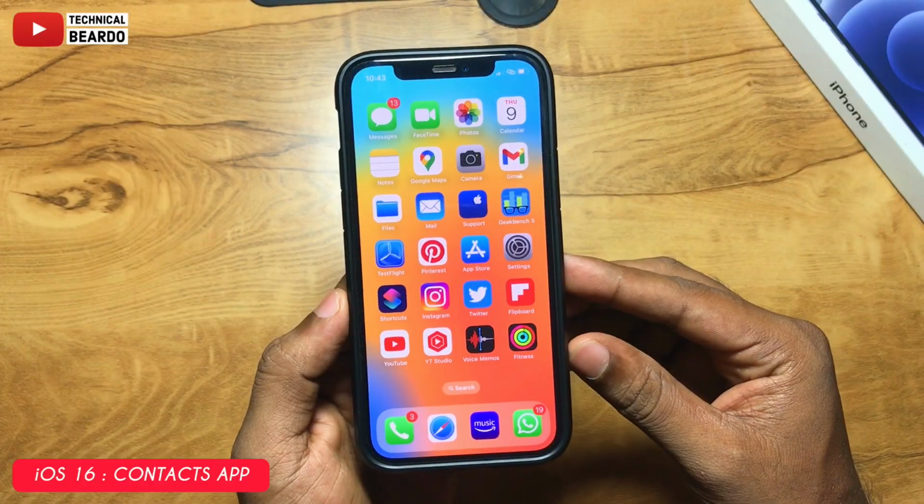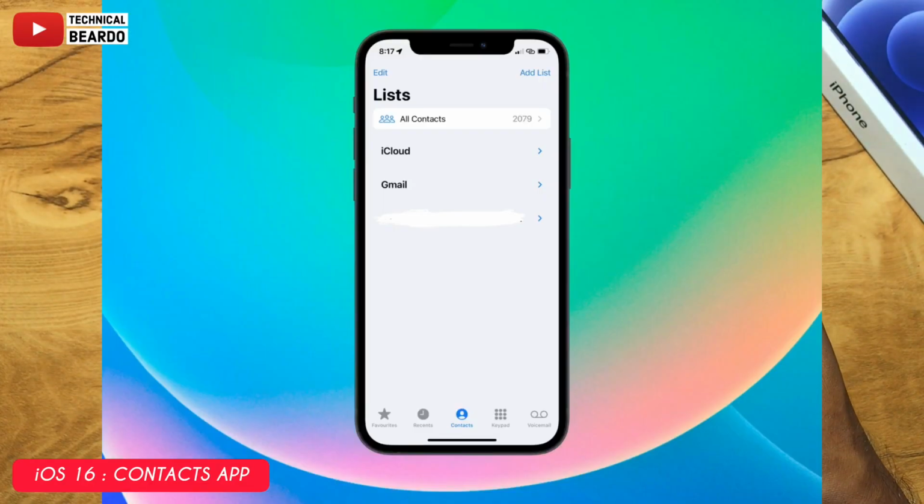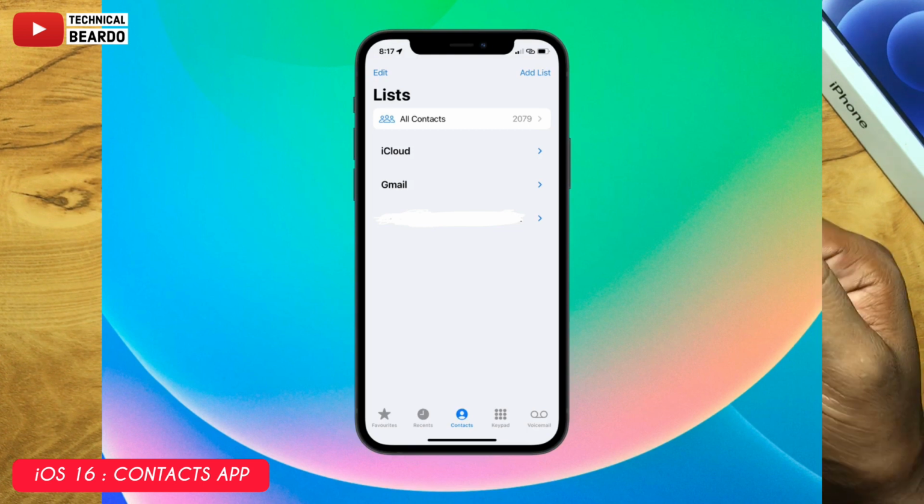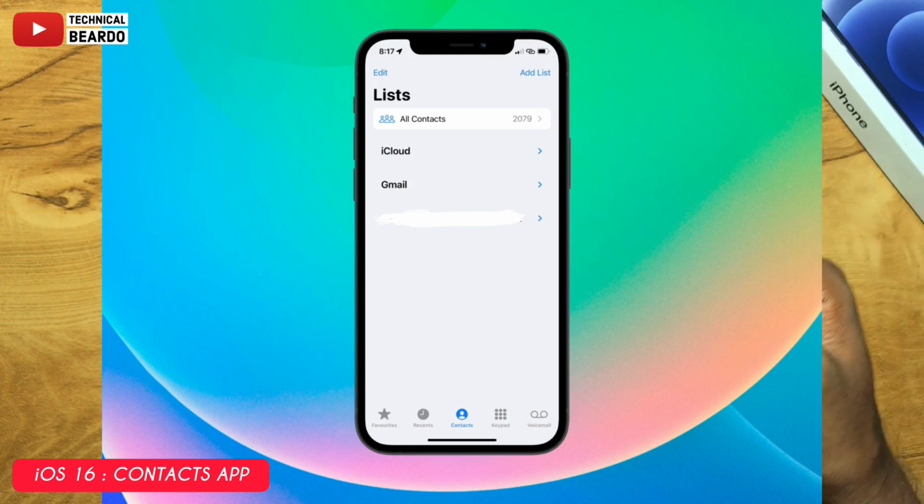And now the last one, the last application, that is your Contacts app. So once I open the Contacts app, here if you see on the main page, the UI is changed. So now you can view multiple accounts in your contacts, like your Gmail, iCloud, etc. So whatever contacts are available in those accounts will be displayed here as well, like your normal phone contacts, your Gmail and your iCloud as well. So you can choose which one to open. It will be shown here.